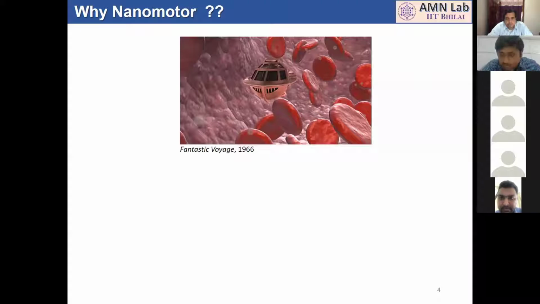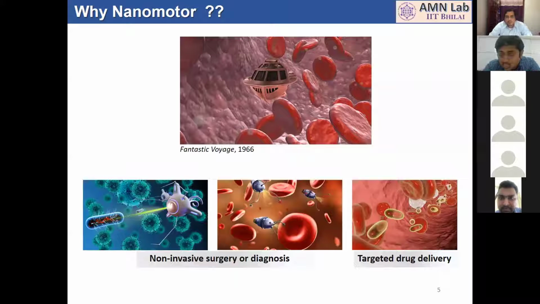So in a more realistic way, later scientists gave serious thought to this and they thought about forming some tiny robots or machines which can be used for real, serious applications, like going inside the body to kill the infected cells or the viruses, or for early stage diagnosis of diseases, or for targeted drug delivery, which is a very famous and exciting field of research in biology. So these all were very interesting research directions, but the